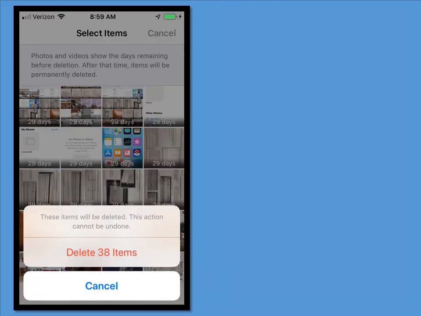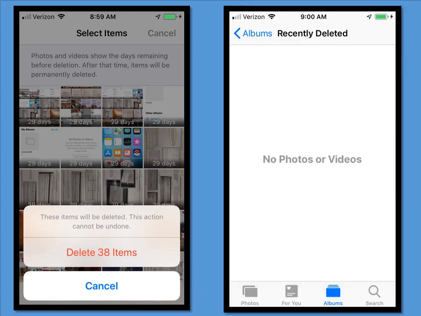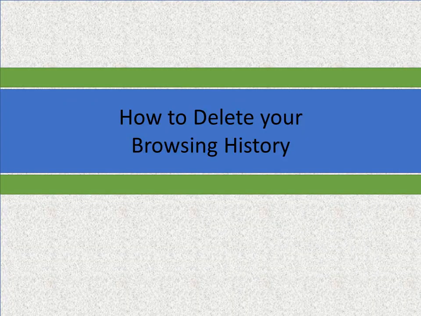A menu will pop up indicating the number of items ready for deletion. Click Delete Items. The screen displayed should read No Photos or Videos, indicating you have permanently deleted all images and videos. The next few slides detail the process